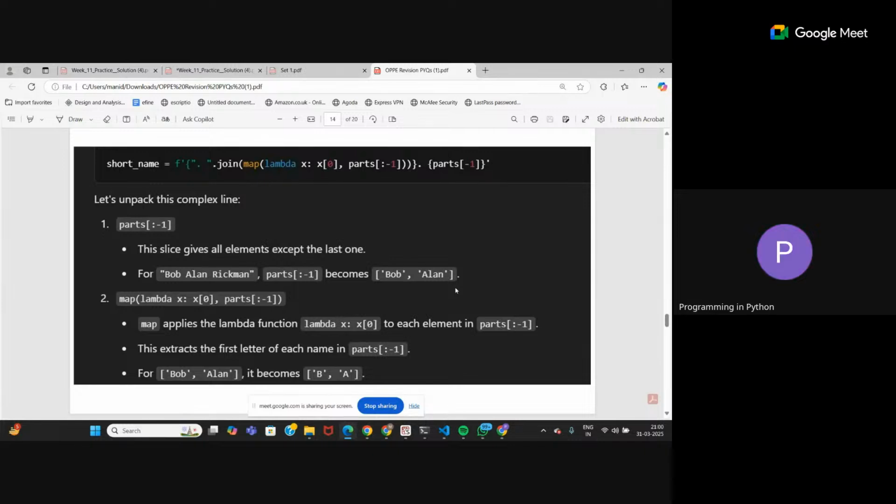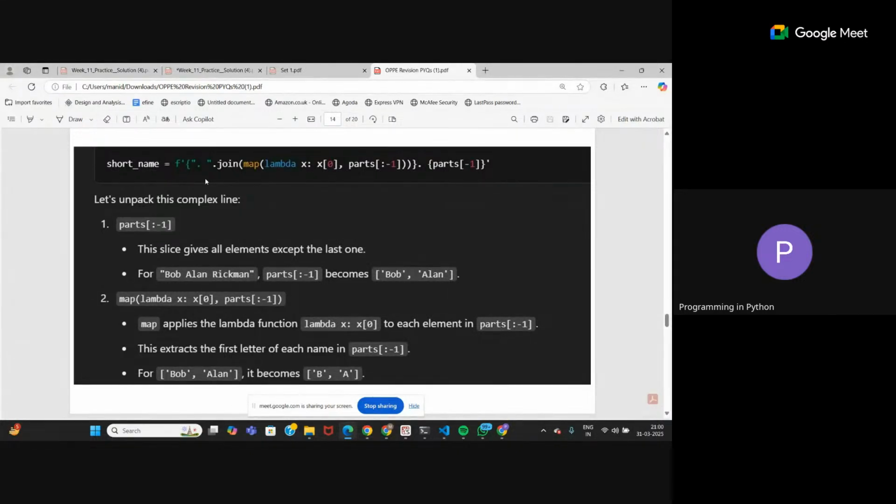After this, you have extracted the initials, but you also have to follow it with the entire last name. Which slice is the last name? Parts -1. This -1 index contains your last name, so that's what I've taken here at the end. Now you have to join things.